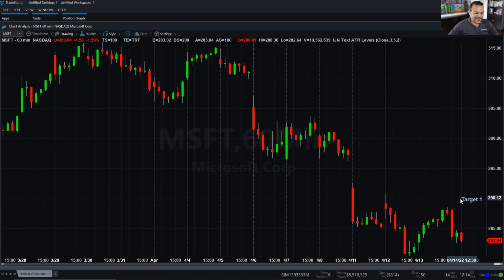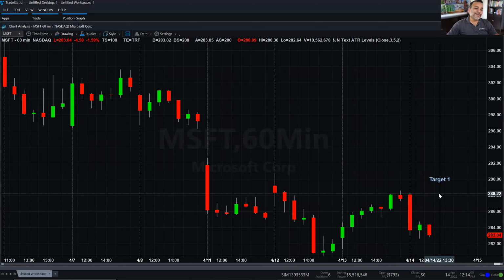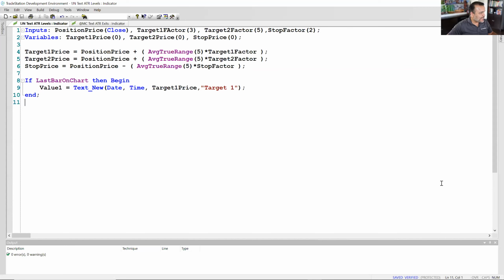Target 1. You see where the text is here? So I'm going to assume that the calculated value, that's where it put the target 1, which, yes, it's helpful. I know where the target 1 is, but it would be much more helpful if I knew what that price is, right? Instead of saying target 1, which is what I put inside quotations, I want to know what the target price is. So what I do is, instead of doing this,